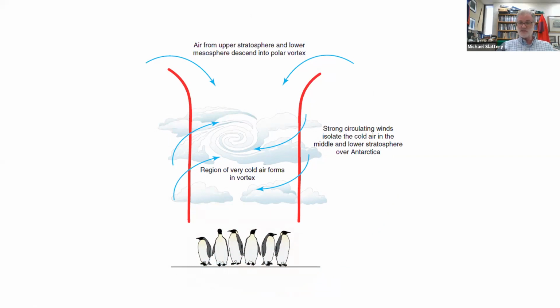The sun's going to disappear, right? And the sun's going to go down below the horizon on the 23rd of March. And then as you get into April, by the time you get to May, there's no sun. I don't know if anybody's seen the movie March of the Penguins. If you haven't, it's awesome, right? About those poor penguins all clustered in the South Pole, protecting their eggs. The sun goes down, okay? The sun disappears. And what happens to this blob of cold air? It gets colder and colder and colder. The vortex becomes this much bigger blob of cold air, and it gets extremely cold over the South Pole as the sun disappears.